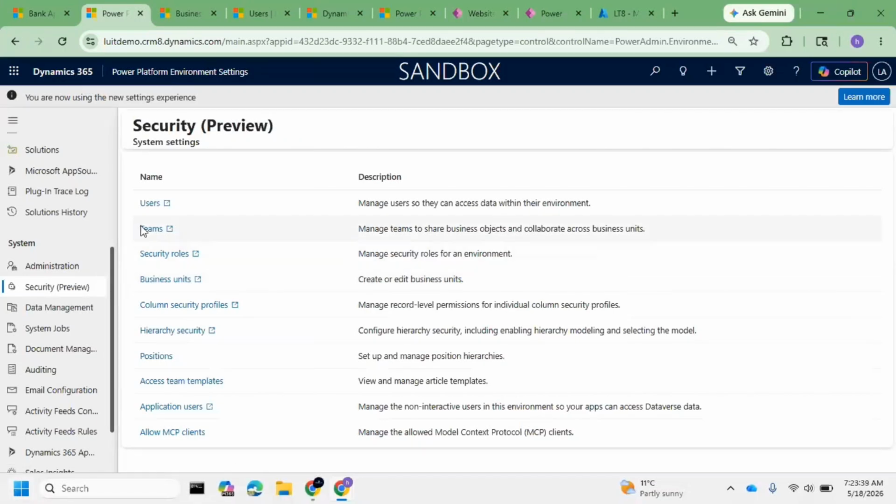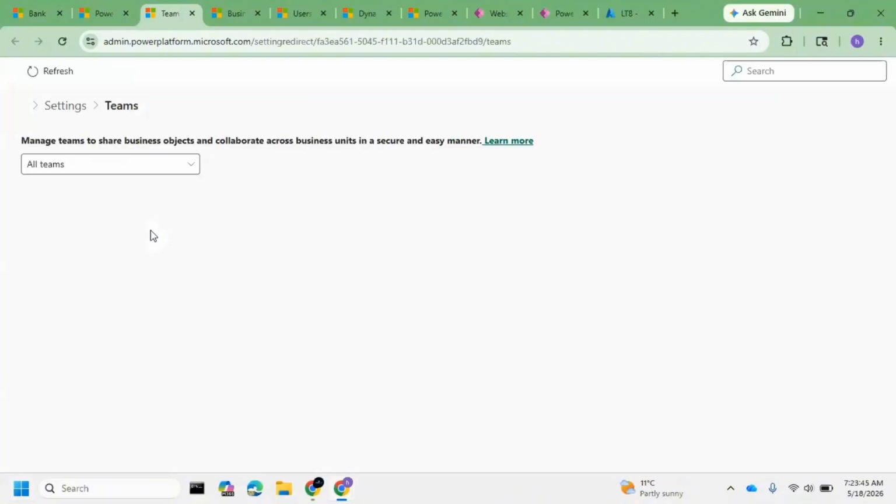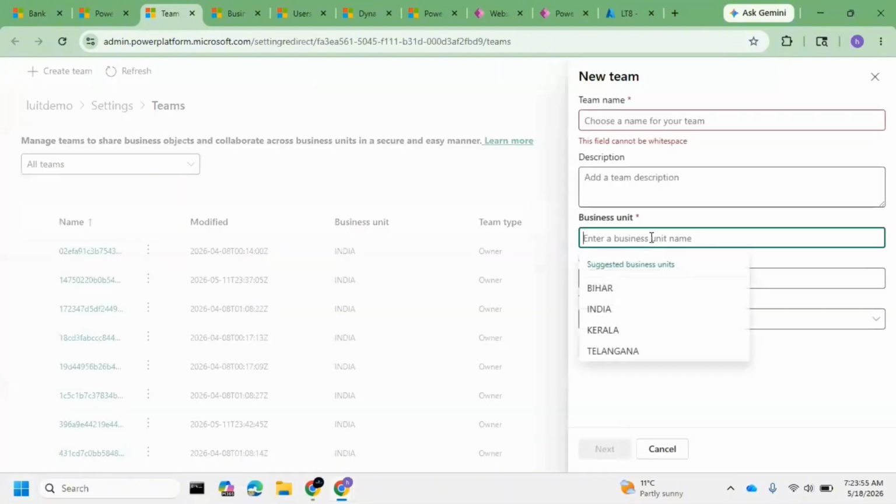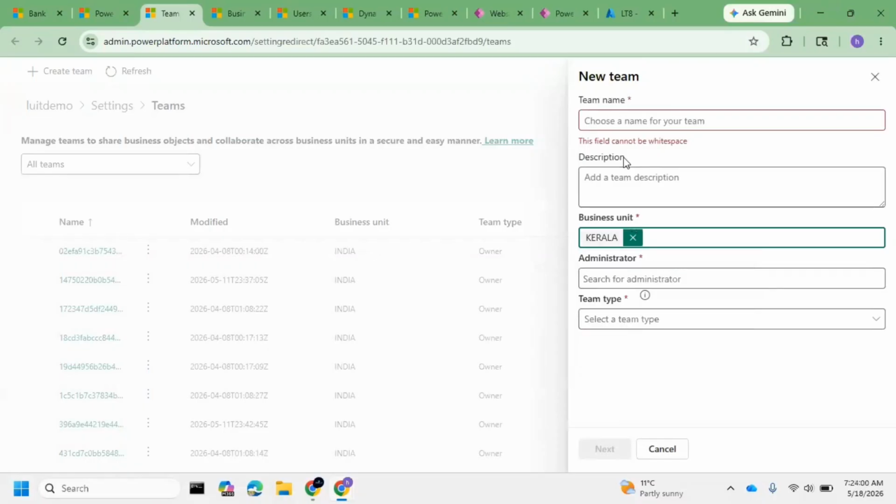Next, we will have the teams concept. In the teams concept, there will be two types of teams basically. One is the owner team, the next one is the access team. Okay. So whenever you want to segregate more under this single business unit, say under Kerala you will have multiple states, right? If you want to configure control in more detail,